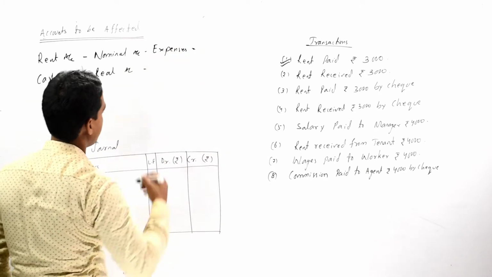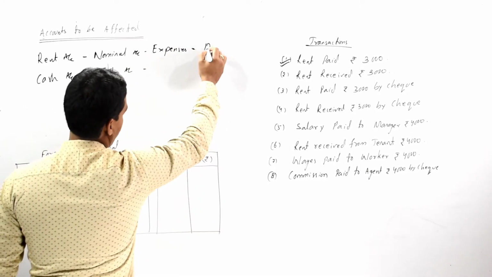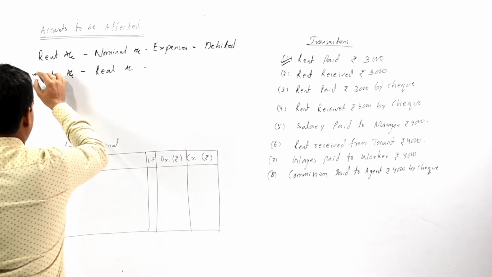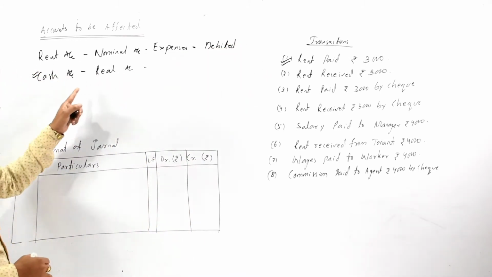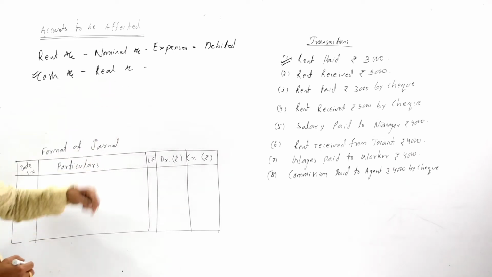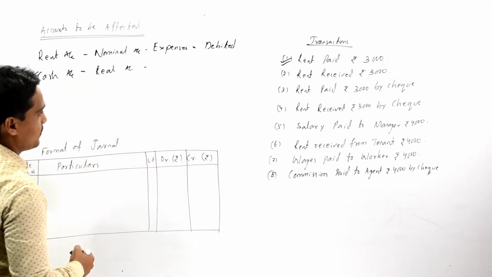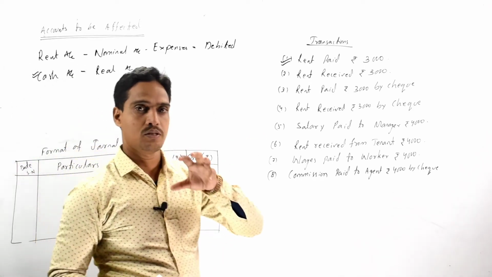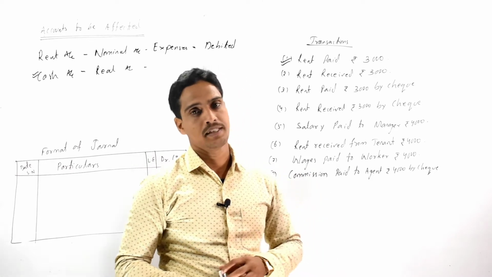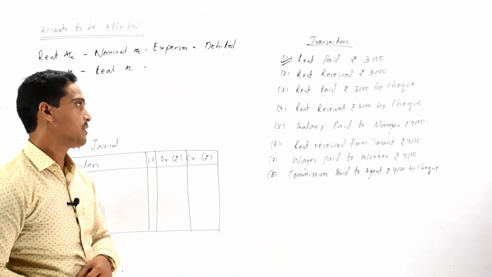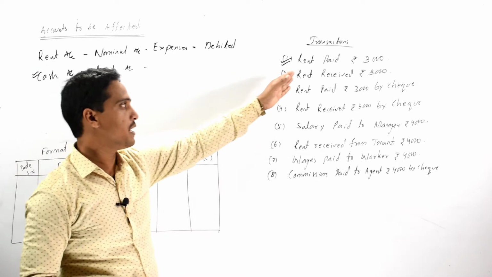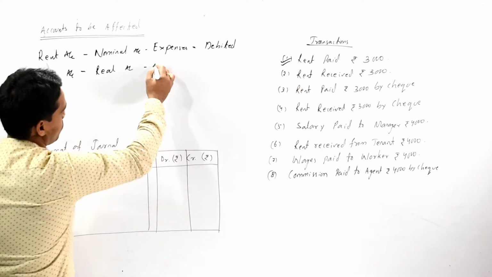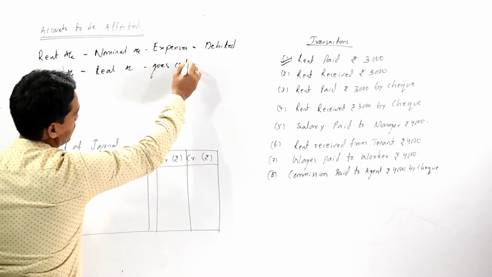As it is an expense, it should be debited. Whereas our second account, the cash account, belongs to the real account category. So we should apply the real account rules, that is debit what comes in and credit what goes out. As we are paying the rent, cash goes out and it should be